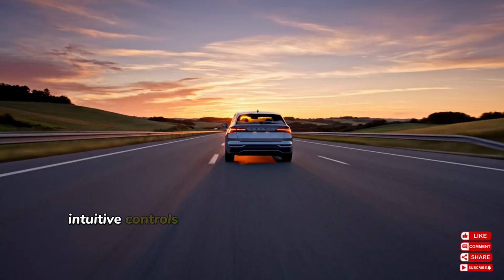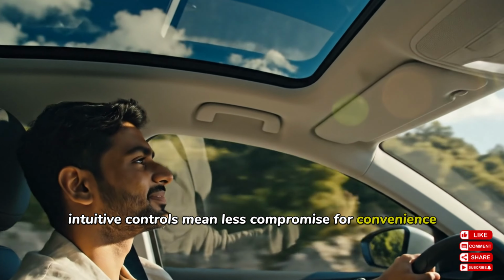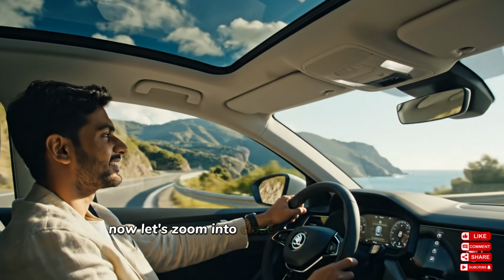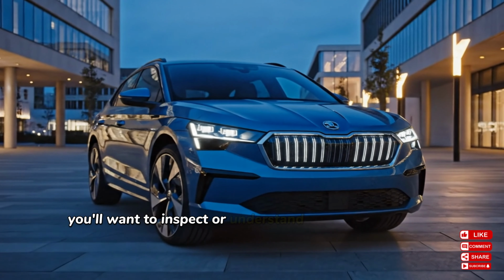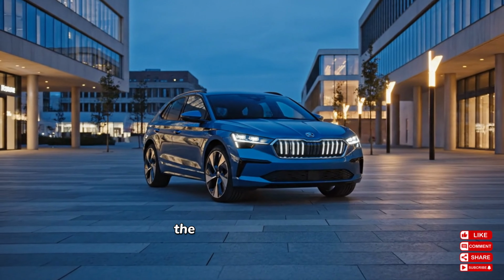Intuitive controls mean less compromise for convenience or comfort. Now let's zoom into close up parts and features you'll want to inspect or understand when you test drive or review the